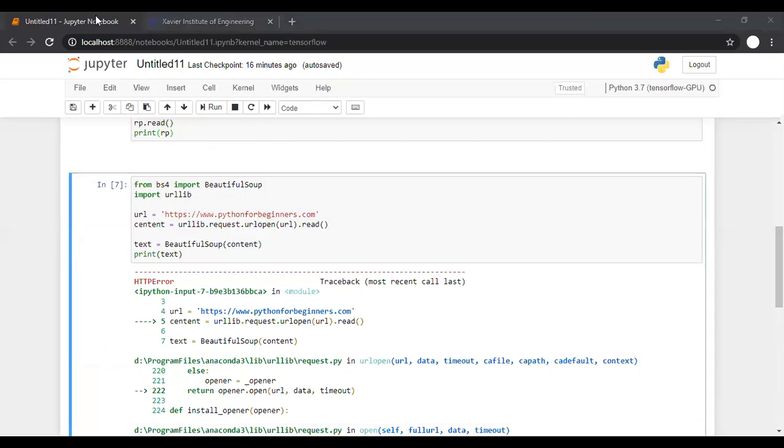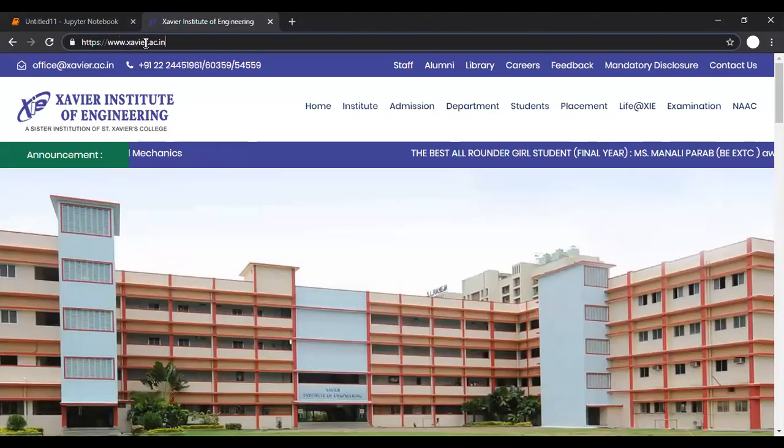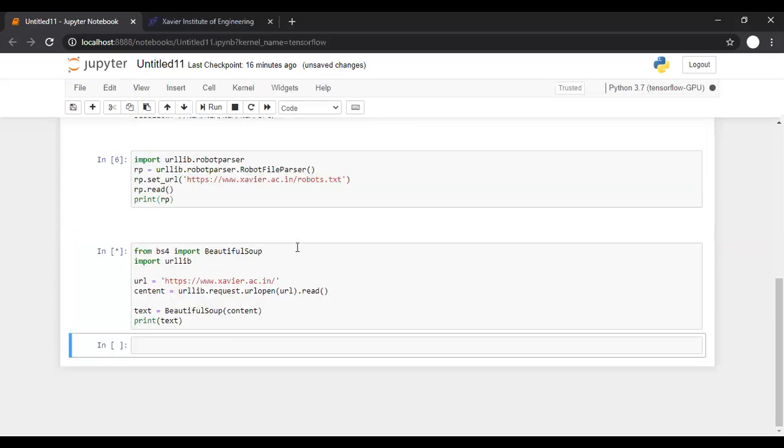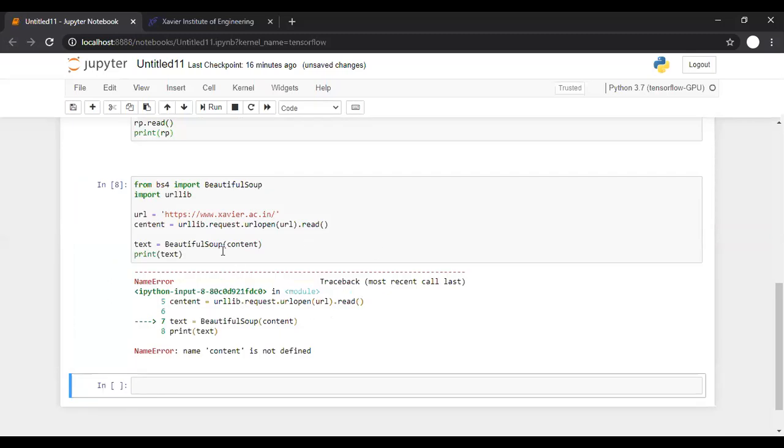But instead of that, let us say I'm requesting this Xavier website. So instead of Python for beginners, I'm requesting the Xavier website. So what happened? Content is not defined.